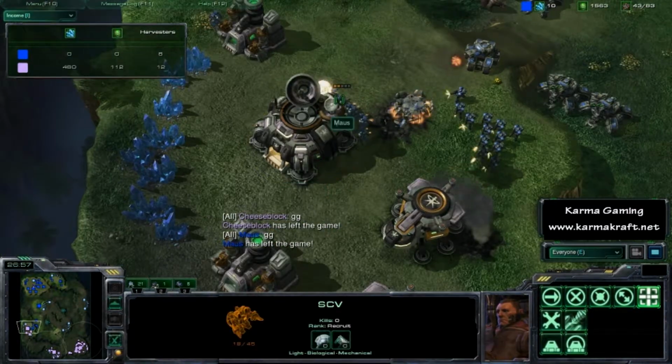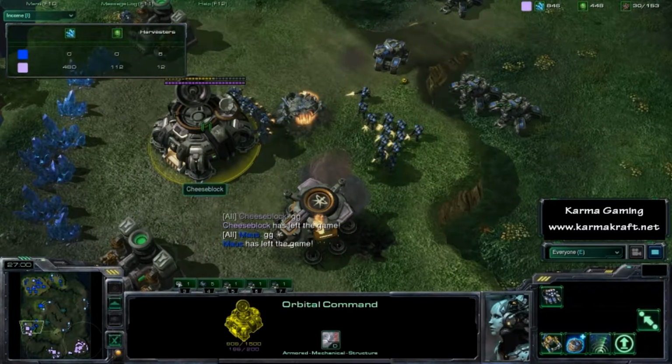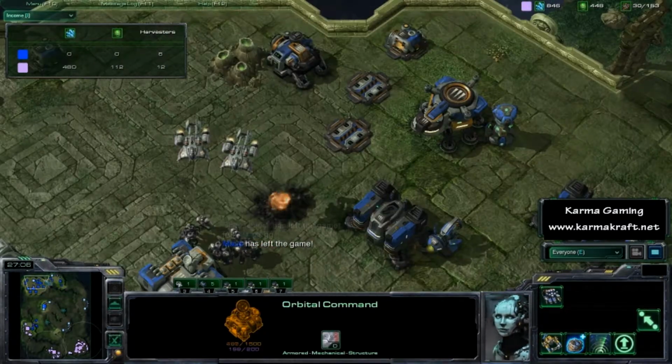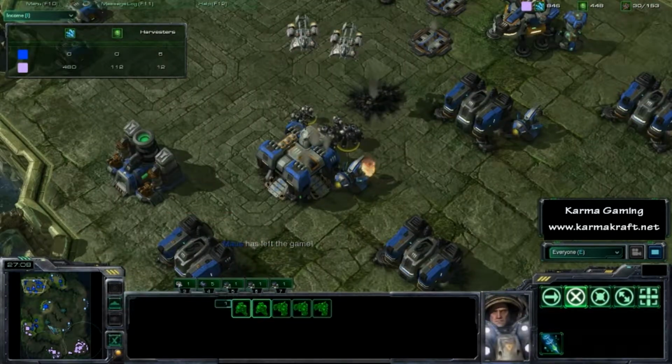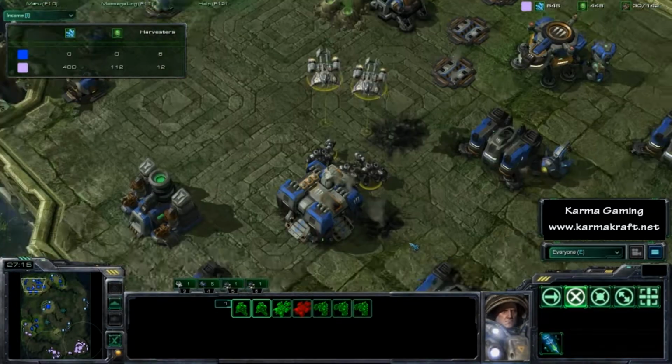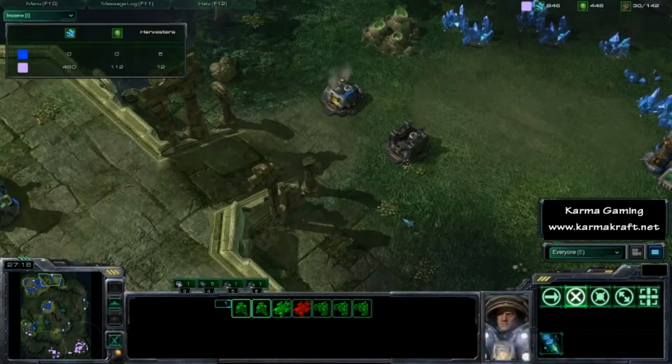Cheeseblock just not able to hang in there, wasn't able to get those battle cruisers out fast enough, and really surprising with only 6 SCVs or 12 SCVs, Cheeseblock did lose the match, but I think he could have actually come back and won this. He could have pushed around the base with this Marine Marauder force and I think done a lot of damage because it